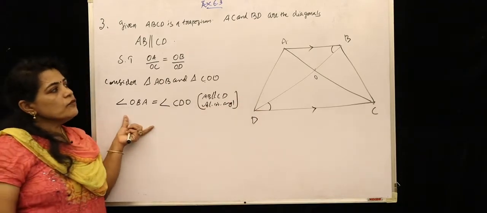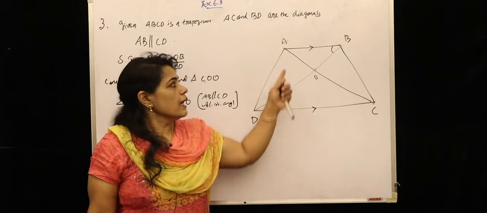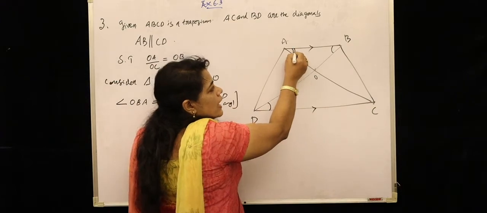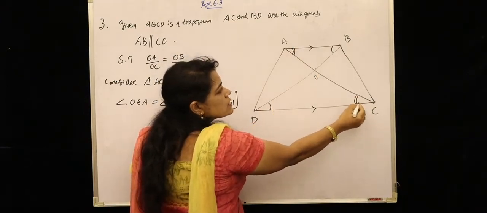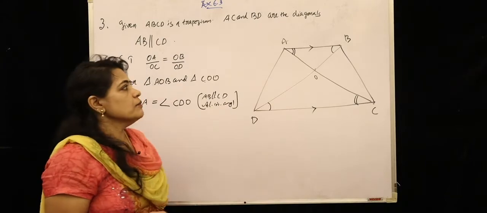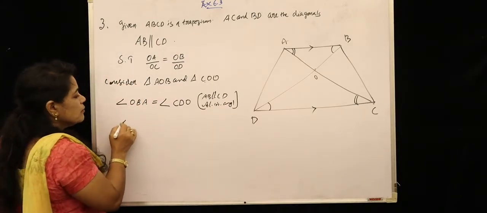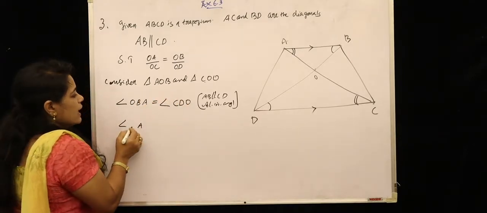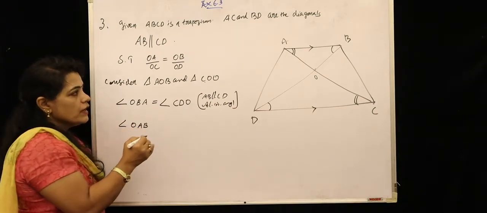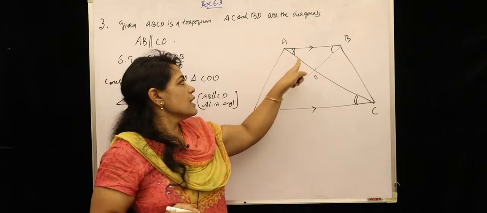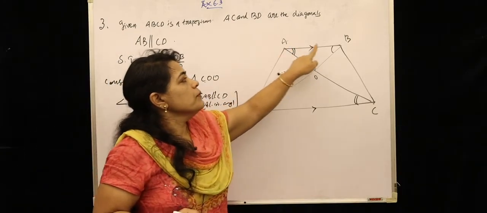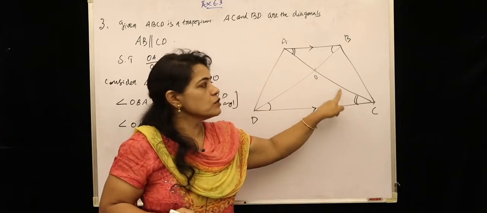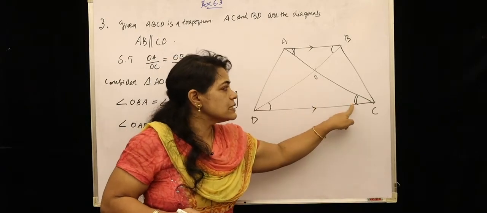And the same way, since AB parallel to CD, AC is also transversal. Which means in triangle AOB and in triangle COD, these two angles are also same. I am going to write with respect to angle A, it should come in the middle position, in triangle AOB. So, angle OAB, this is the way to represent this angle. This angle will be equal to which angle? This angle. So, C should come in the middle. So, accordingly you can arrange, that is OCD.